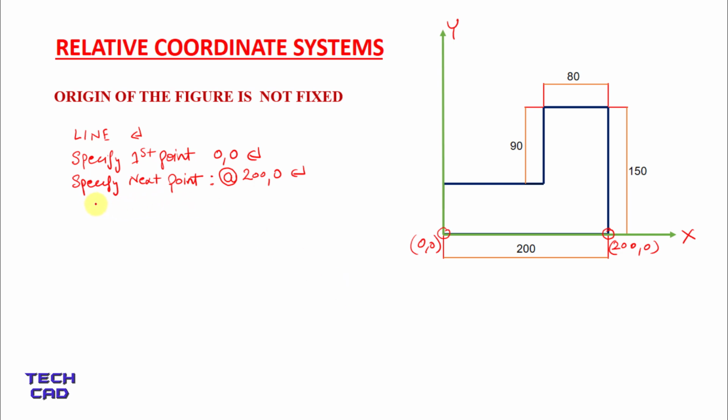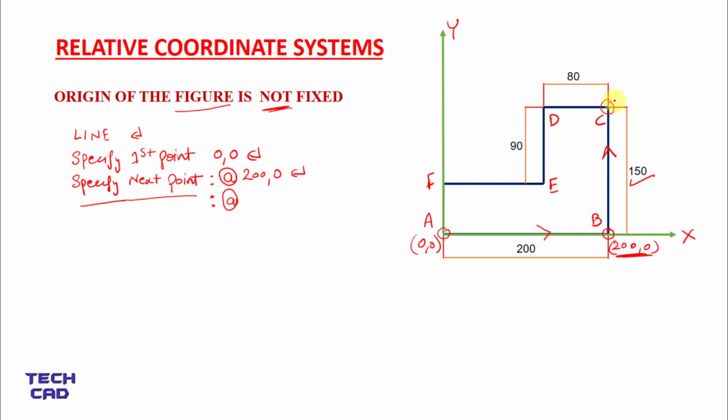Again, AutoCAD will ask you to specify the next point. Now again put the @. Now I'm going to make this line which is 150 units, and I need the coordinates of this point. So students, in the relative coordinate system, I already explained that the origin of the figure is not fixed. Wherever you move, now you move to this point. Now you are here. Let's name all these points. Let us suppose this is A, now you are at point B, and you want to move to point C, or in other words, you want to make this BC line.